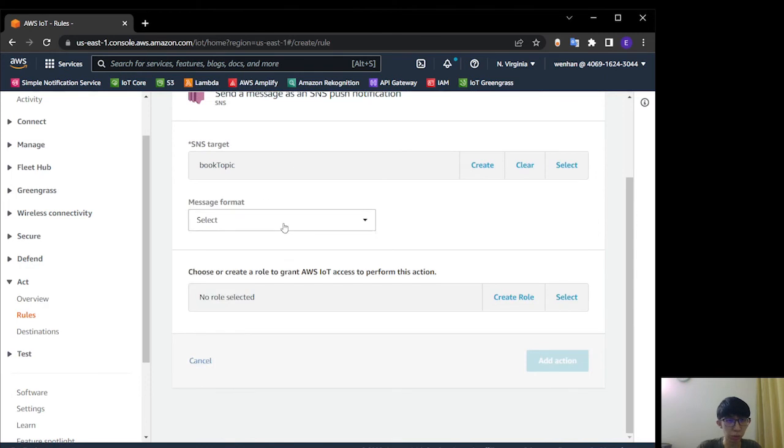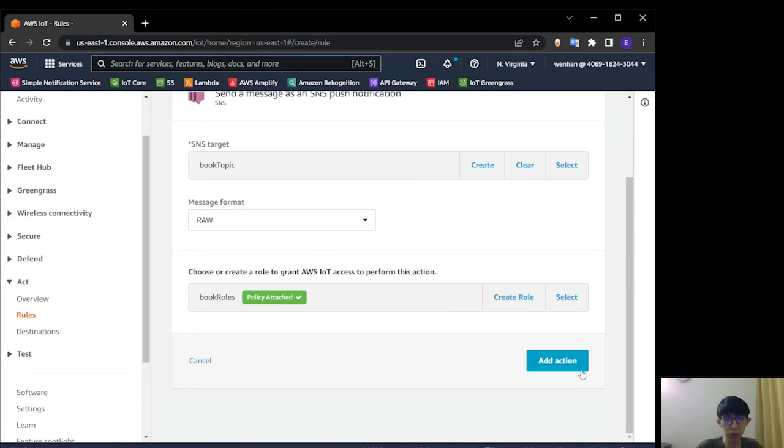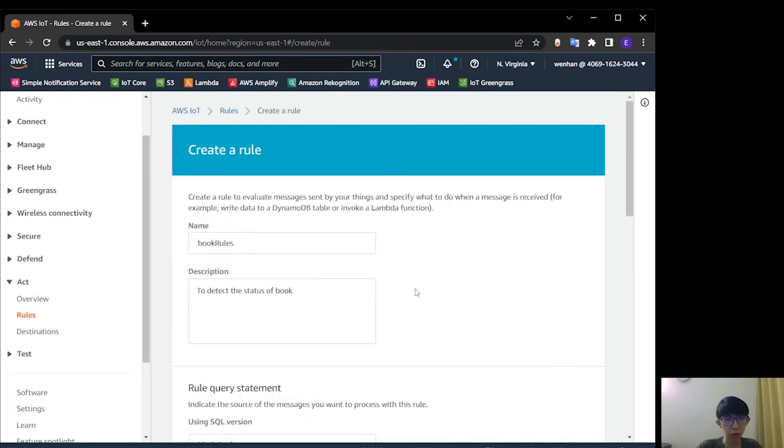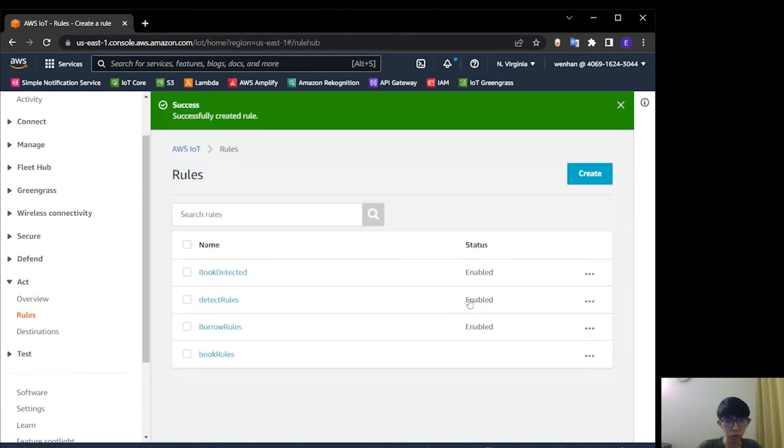Select the book topic and then select your message format. Create a role for this use. And then we click add action. After that, we click create rule. And the rule is already created.